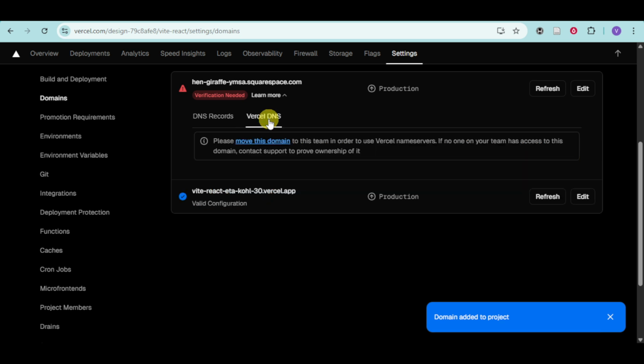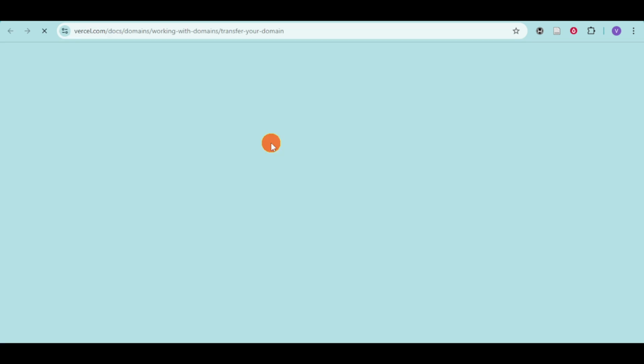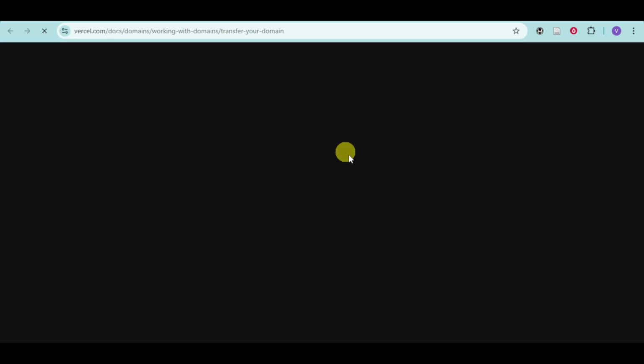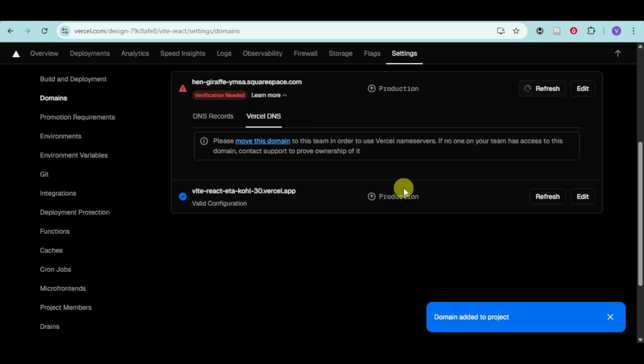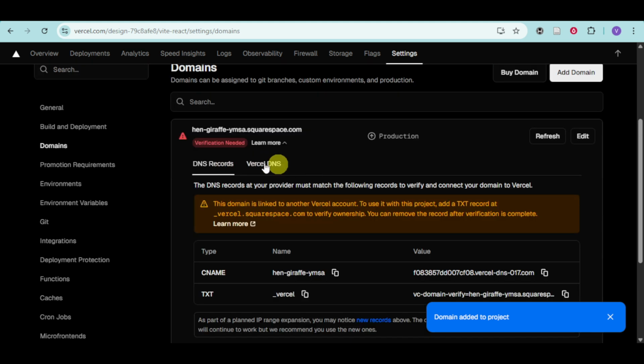In there, you can also see this Vercel DNS. You can move this domain to this team to use the Vercel name servers. If you click on this blue icon right here, you'll be presented the actual documentation for transferring domains from other providers right there. Once you have inputted your DNS records or moved to Vercel, just click on this refresh in order to see if it's already been